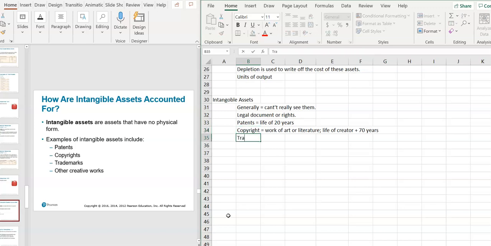All right, a trademark is like a logo. It has an unlimited life, I'm pretty sure. And it's usually developed through advertising, which is expensed. So this would be things like McDonald's arches, the Nike swoosh,